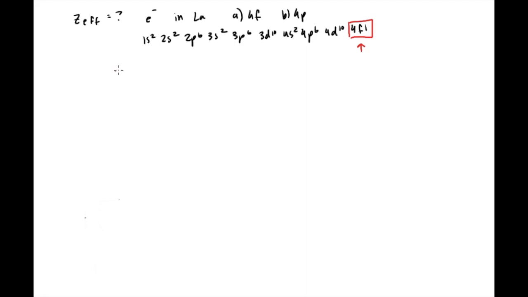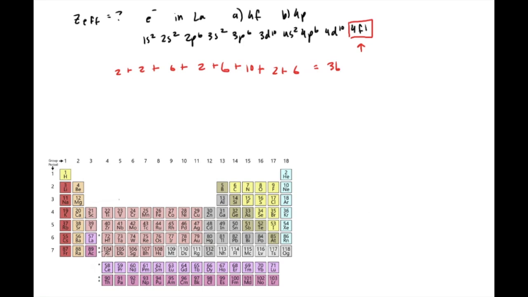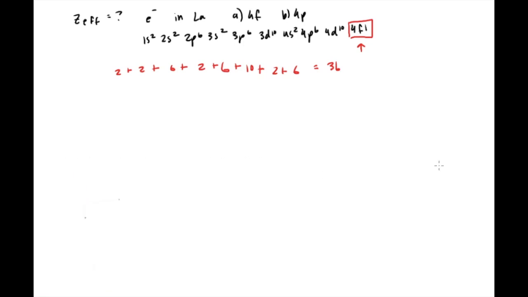And so this would be 2 plus 2 plus 6 plus 2 plus 6 plus 10 plus 2 plus 6, which simply just corresponds to the number of electrons in each atomic orbital. And so if we add these together, we end up with a value of 36. And if we look at the periodic table, lanthanum has a proton number of 57, and so this would simply be 57